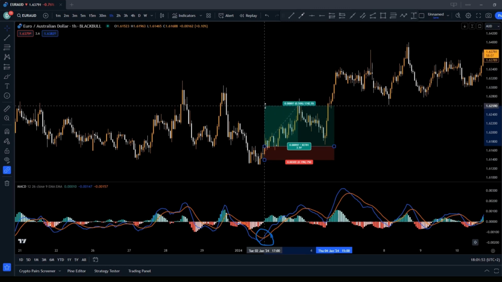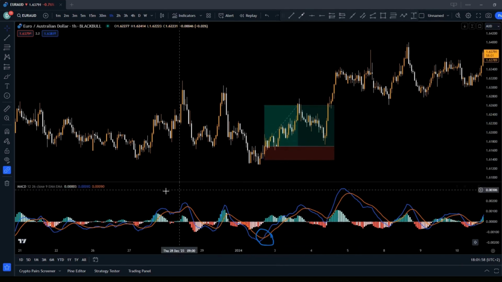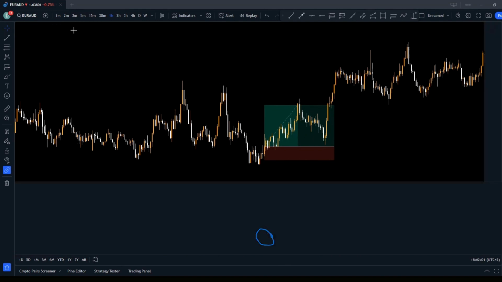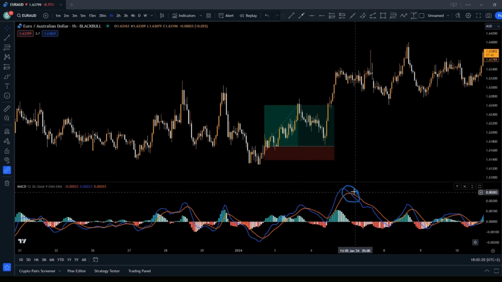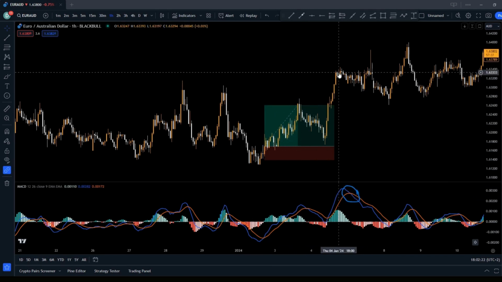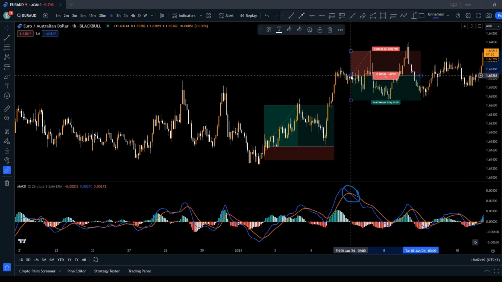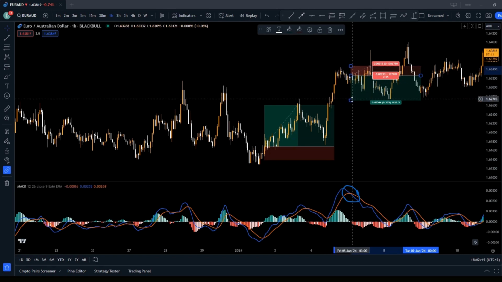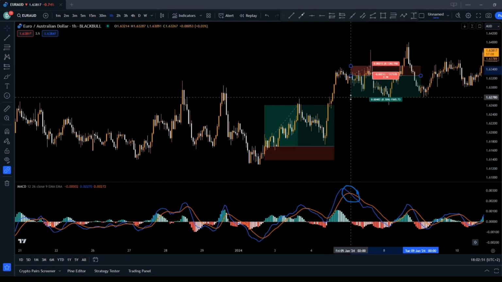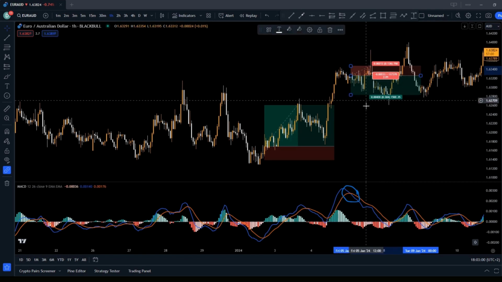And many times when a pullback appears, it only goes as far as half of that bullish candle. Risk to reward ratio, I like to put to 2 or 3, but I'll explain this more later. Here both of those would have been successful targets. There's another crossover on the MACD and signal line. Let's see how it would have gone if I entered a short trade there. As you can see, it would have eventually hit the target, but before that it would have been stopped because